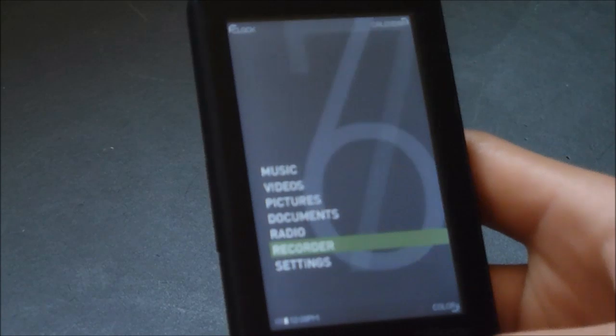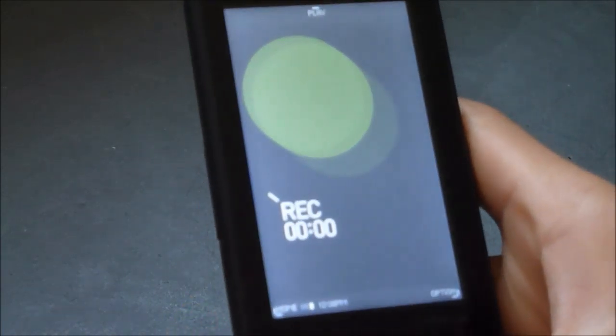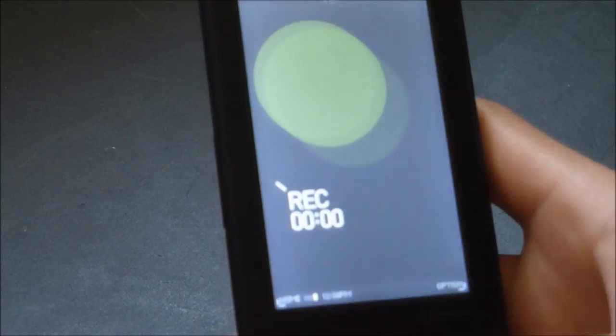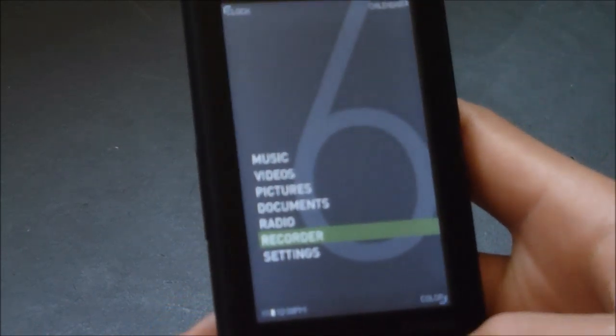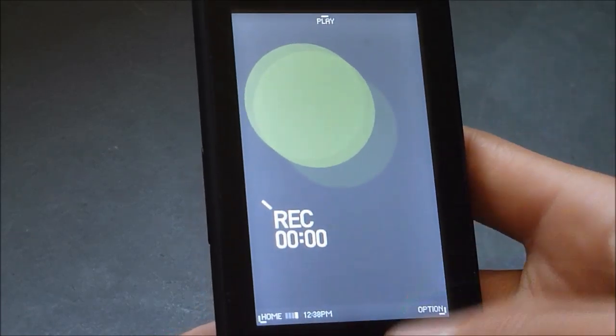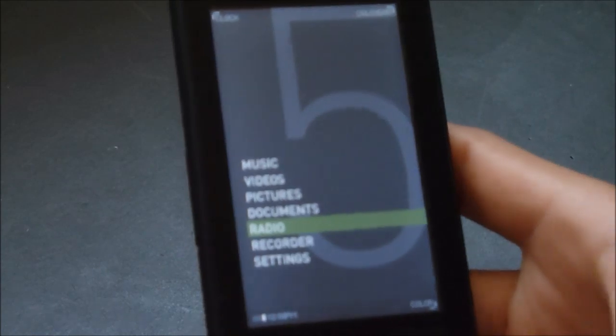Okay, the recorder, microphone's over there, and you can record whatever you want. There's a kind of glitch about this, is if you turn the brightness all the way down and you press recorder, it's automatically just going to turn the brightness all the way up. So it's kind of weird, but you have the radio,